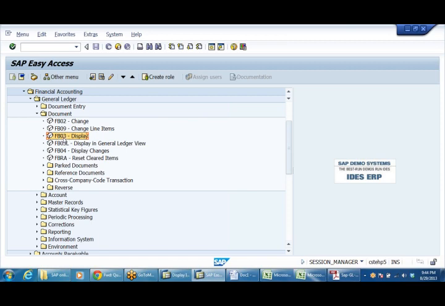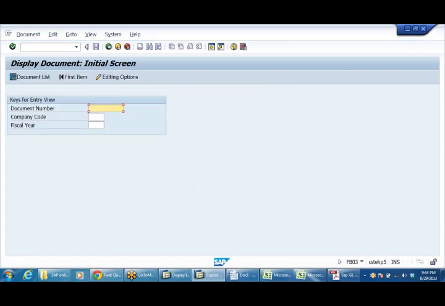So display document. What are the entries that we have posted? We can see, right, FB03. There are two options. One is here, our company code, DRLB, fiscal year 2013. I can give a number here and look at the particular document.